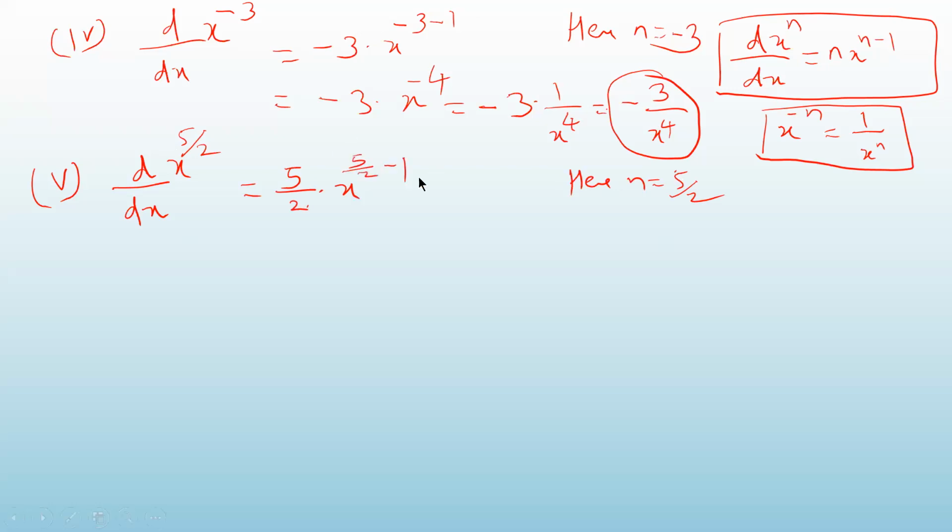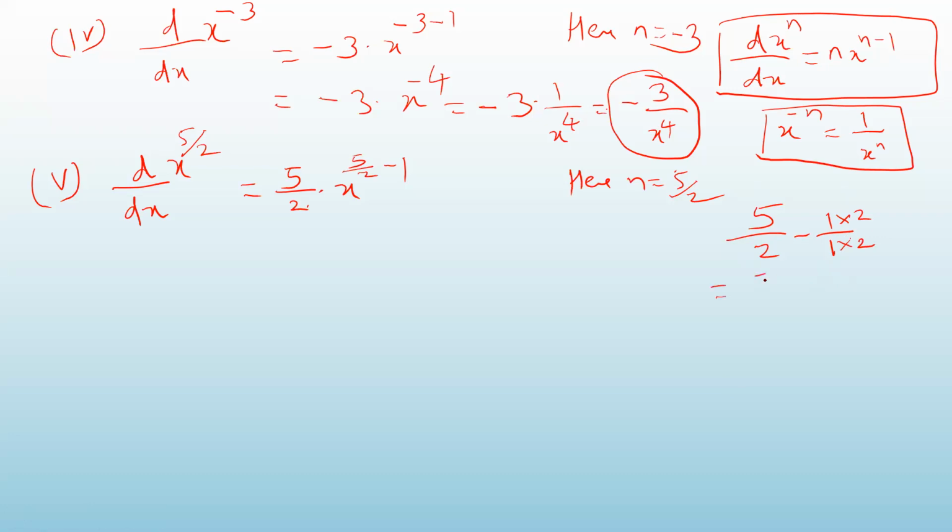Okay. Now you have to find out what is 5 by 2 minus 1. So I will do it here. 5 upon 2 minus 1. Look at here. Whenever you have to add or subtract fractions, you have to see that the denominators of all the fractions should be the same. Here, no denominator is given, so it is 1. So in this fraction, the denominator is 2, and here it is 1. So you have to make this fraction's denominator 2. How will you do that? You multiply by 2. And you have to multiply in the numerator as well as in the denominator.